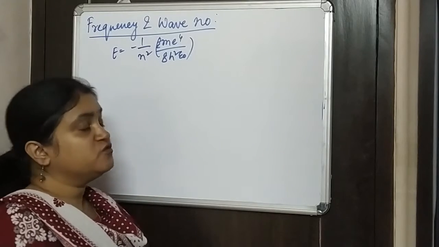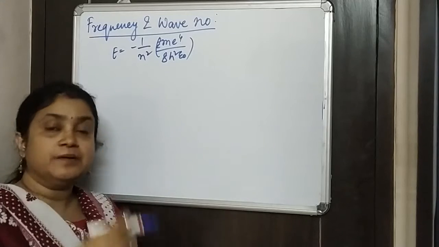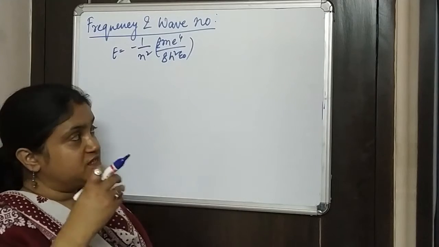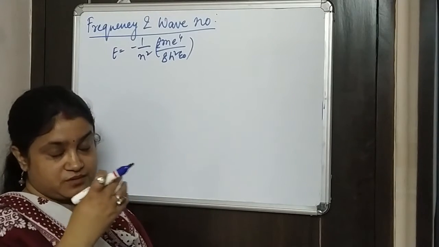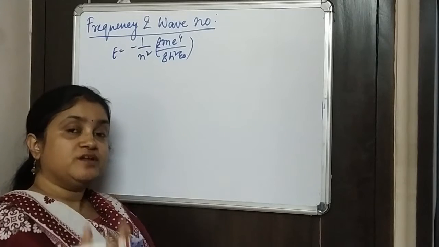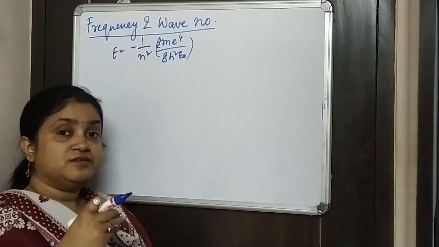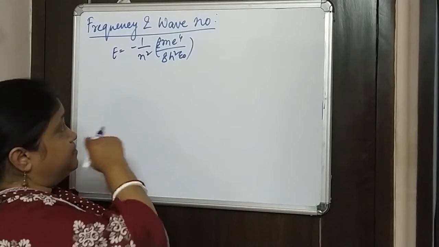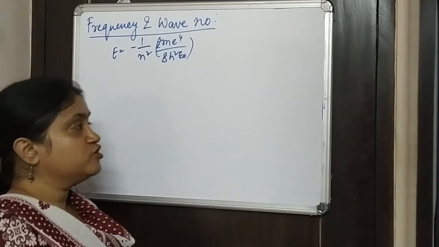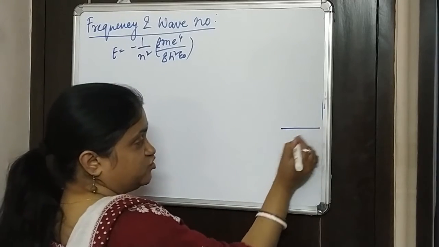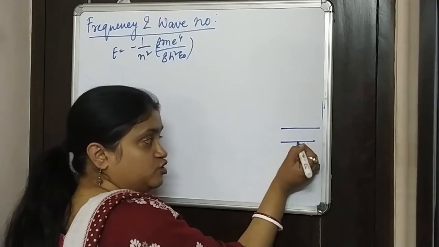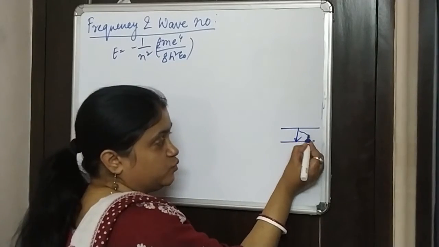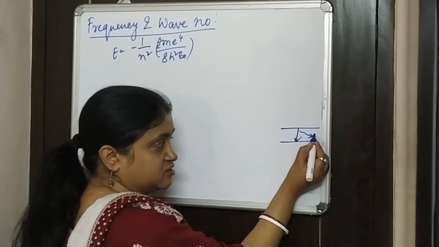...to the calculation of the frequency and the wave number of the electrons that get jumped from one orbit to another orbit, and thereby the release of energy. So as we know, according to Bohr's postulate, if an electron jumps from a higher energy orbit to a lower energy orbit, there would be a release of energy, which is